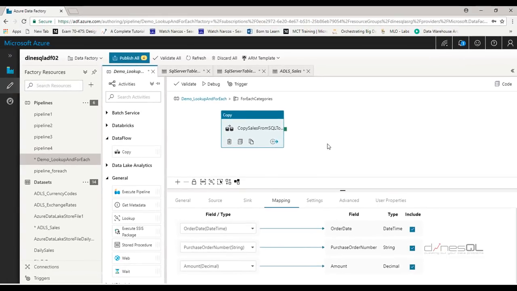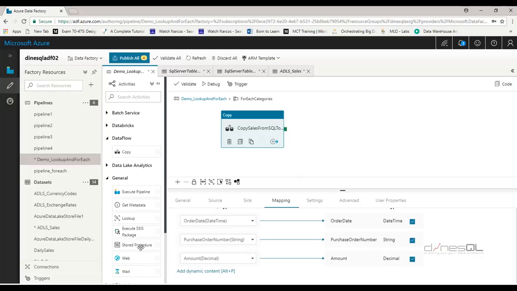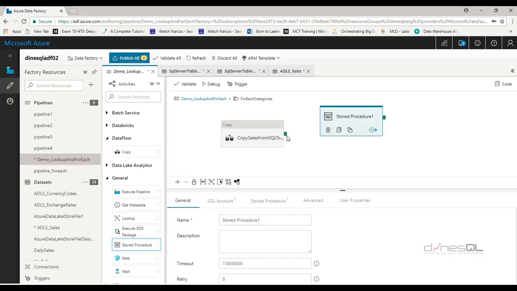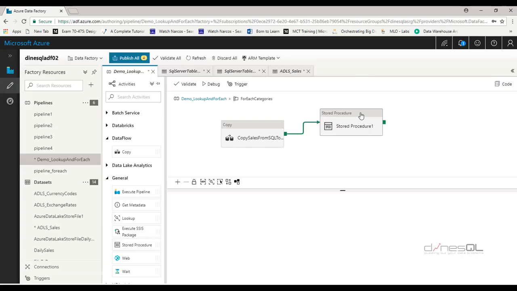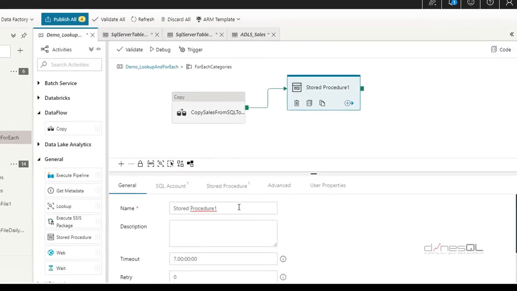I'm going to add one more activity because I want to update my detail table. In order to update my detail table, remember we have already written a stored procedure. So I'm going to call that stored procedure inside this for each activity. Let me drag and drop a stored procedure activity into this and make a connection. So stored procedure, let me name this as